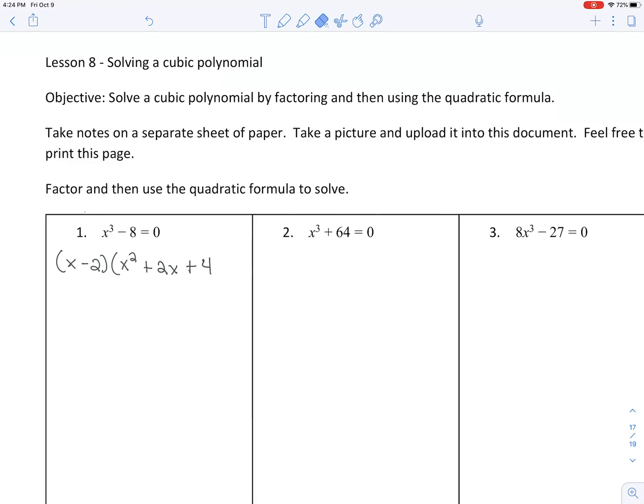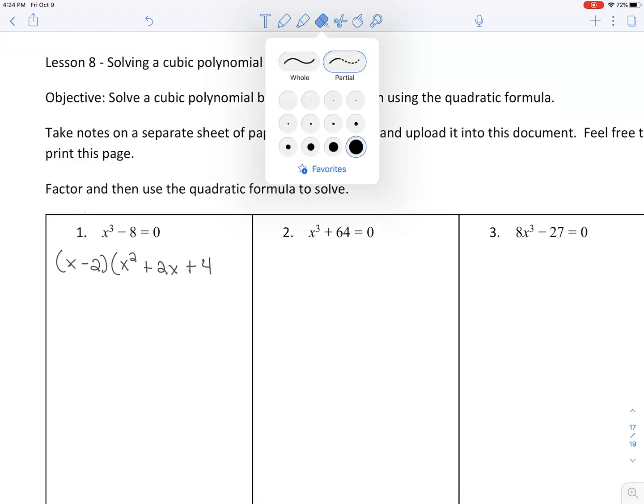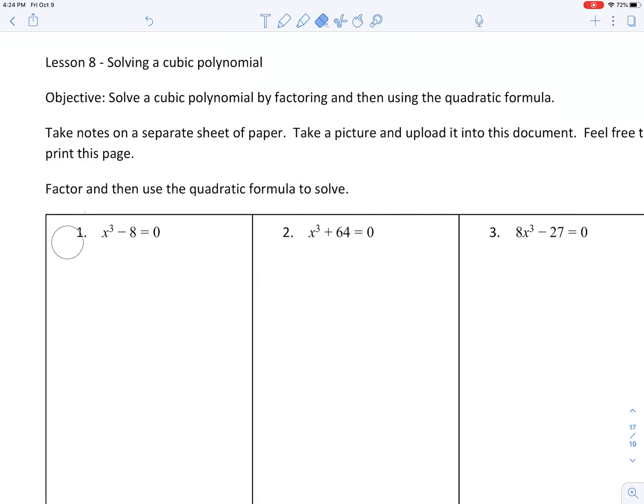Okay, boys and girls, today we're going to look at solving cubic polynomials. And in these cubic polynomials, it may have an imaginary solution. Remember, we cannot find an imaginary solution by graphing because it doesn't cross the x-axis. In order to do these, we need to remember how to factor a difference of two cubes and the sum